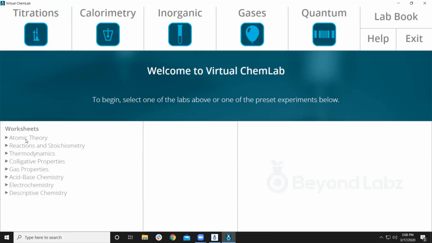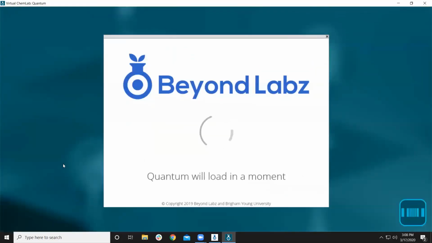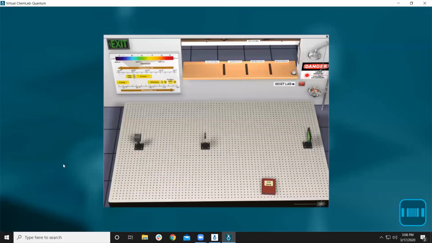So those same worksheets that you saw in the client are all divided in the same way here. What you would see here is the same list of titles for the worksheets as you saw there. You can always click on any of these to go into the lab, and it's just going to be like opening a door and going into a room with this lab bench full of things to do. But you could also use the worksheet. You would click this. This is one of my favorite experiments. So I just